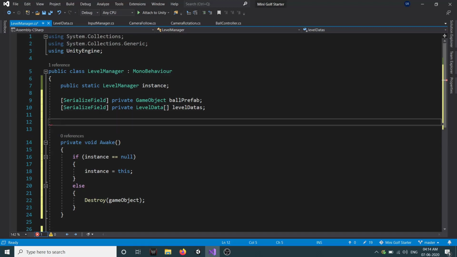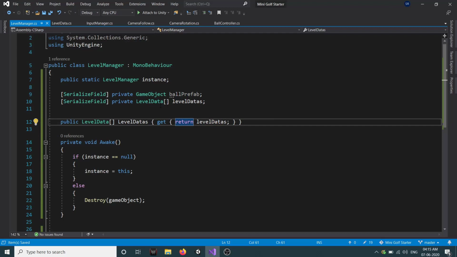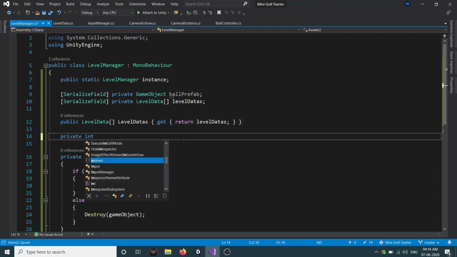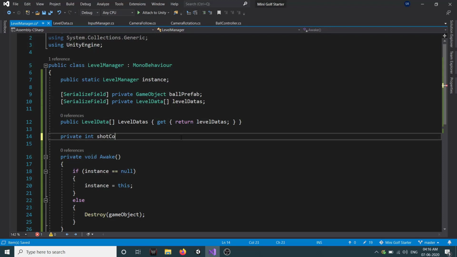So we will create a public level data get, return level data. We also need one more int variable to count the number of shots we have taken. So we'll create a private int shot count and by default it will be a 0.